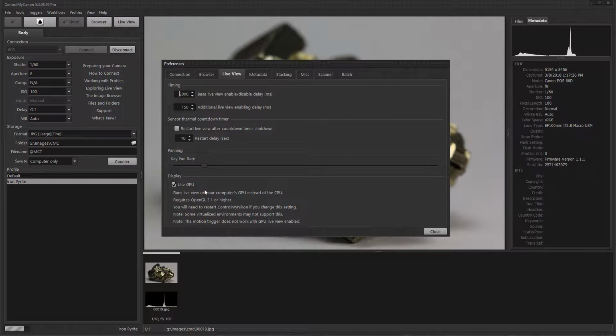If you're using ControlMyCanon in virtualized mode, say running under VMware or VirtualBox, most of those don't properly support OpenGL at all, or support the graphics processor, and so those will likely also be a white background, and you'll have to just turn this off and use the non-GPU live view mode for virtualized environments. Okay, but so I have it set for use GPU,